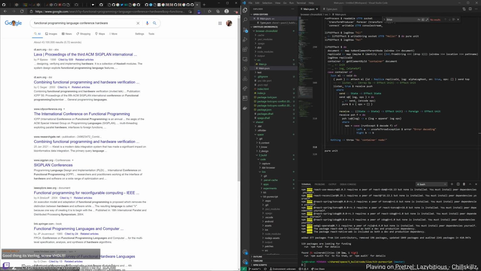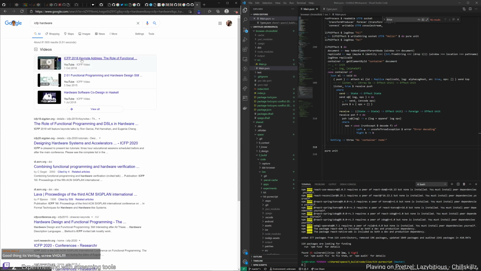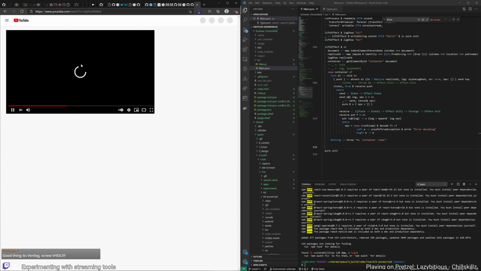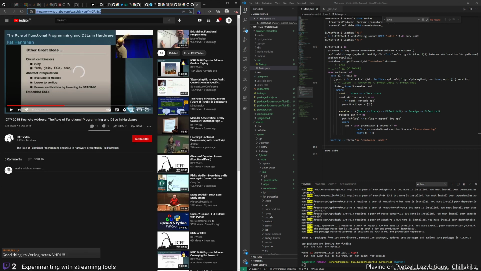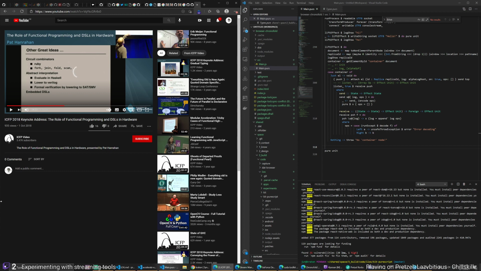It's ICFP. ICFP hardware, and yep, that's it. So this is from Pat Hanrahan in 2018, really talking about the future of hardware because of